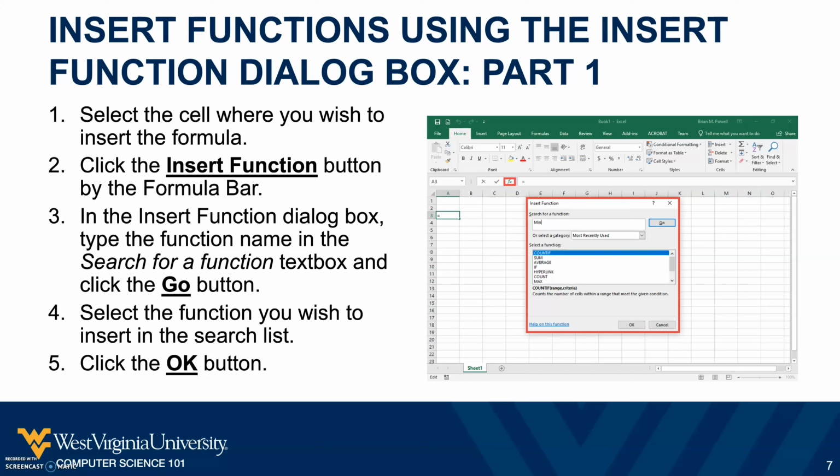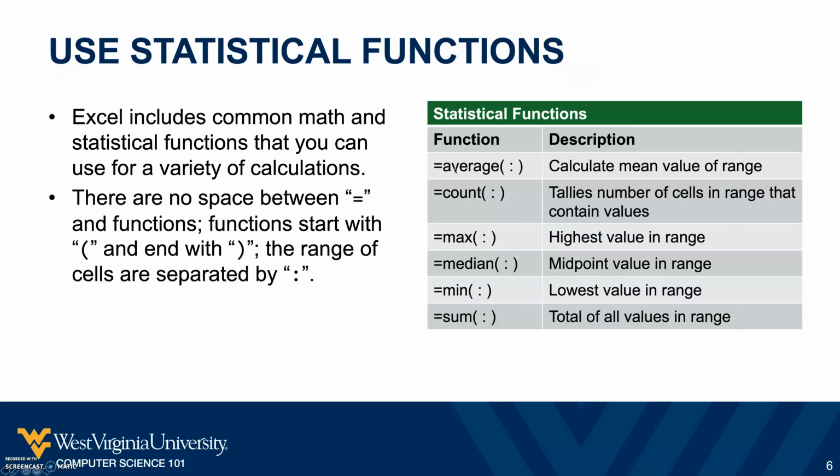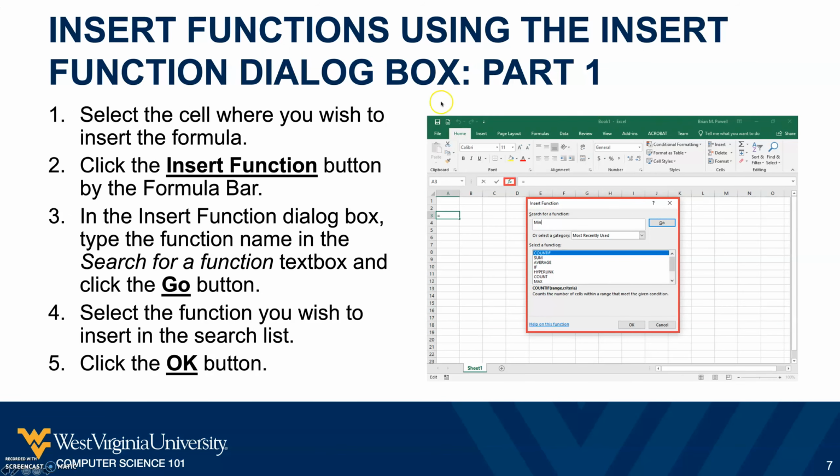Now, the most wonderful thing about Excel is not only do they give you these, but Excel will do the heavy lifting for you and help you figure out how to use the functions. So you can, if you want, almost like coding, I'll go back a cell or go back a slide, type equals average and then put the range in and be done. You could do equals count, put the range in and be done. But the next slide here, where you are inserting functions using the dialog box,